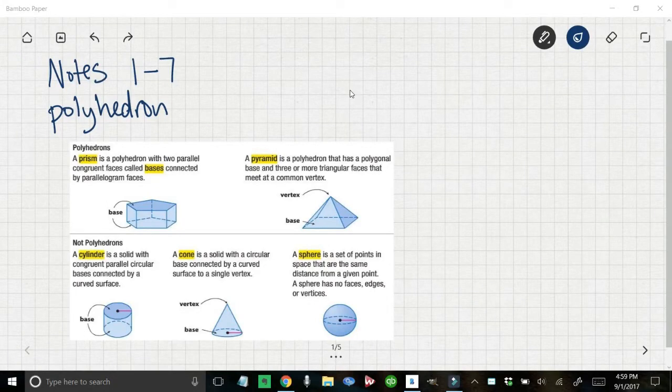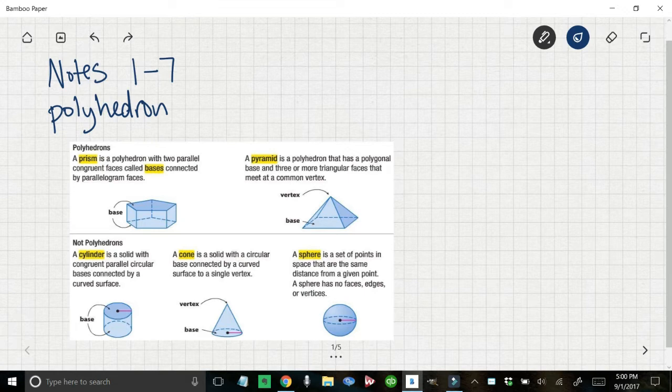Okay, here we go. End of chapter 1. This last lesson is meant to be just kind of an introduction, so we start to talk about some three-dimensional shapes. When we get to chapter 12, we will be talking much more about three-dimensional shapes, going much more in depth. So